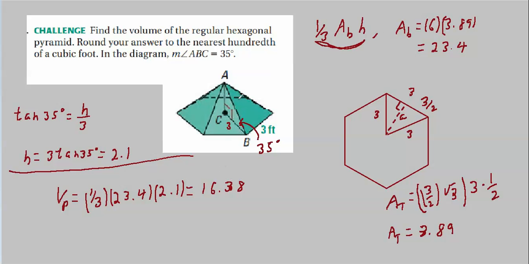All we had to do was remember how to figure out the volume for a hexagon. Then, remember our trigonometry to get the height, given that this is 35 degrees. If they hadn't told us that, we might have been in trouble. And then, just apply the formula. Actually, quite a bit easier than it looked at first glance.